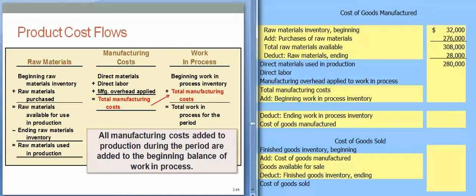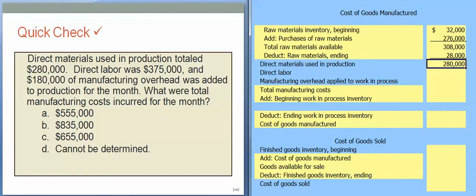Our direct materials, direct labor, and manufacturing overhead added together equal our total manufacturing costs. And those are the costs that we add to work in process during a given period of time. So we started off, we were told that direct materials used in production was $280,000. Direct labor was $375,000. And $180,000 of manufacturing overhead was added to production during the month. That means our total manufacturing cost will be